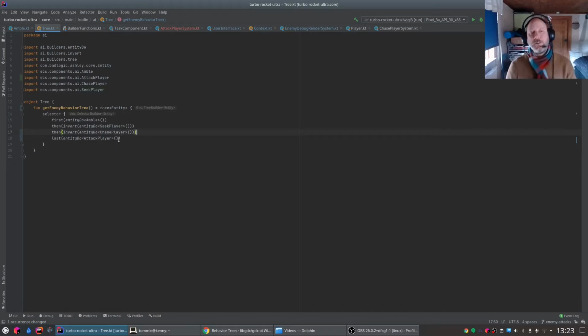And this one fails if the player moves away. So as long as the player is actually in range of the attacking enemy, it will continue attacking the enemy. I think this is quite readable, and I also have other convenience methods here. You could go right in here and just do